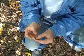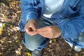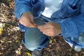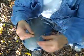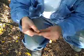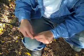Now this is your classic 2-ply nettle cordage, and let me just take out these splices for you. It's very tasty cordage. Yummy. Okay, so